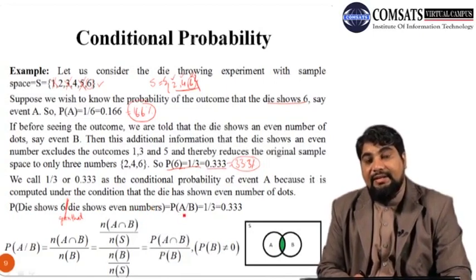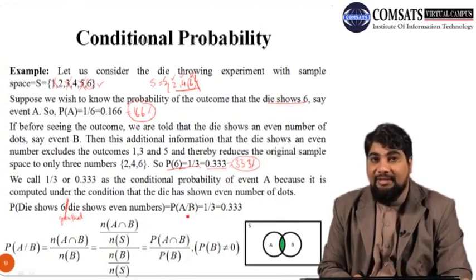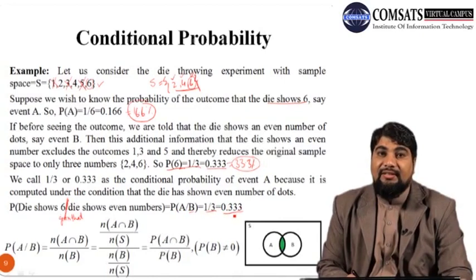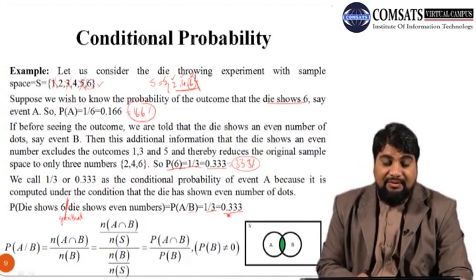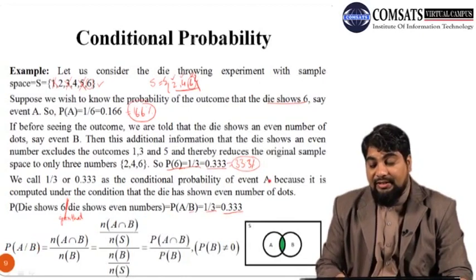So we can write it as A given B. This slash is used to represent given. So provided we know about B, what is the probability of A? The probability of A given B is 1 by 3 or 0.333. We can also write it in detail. So the probability of A given B, what is it? Here, just look at the